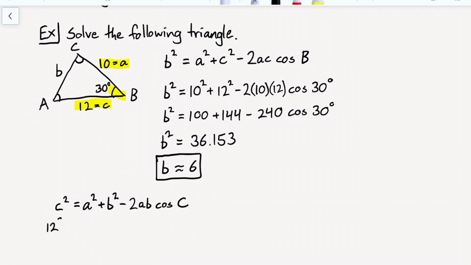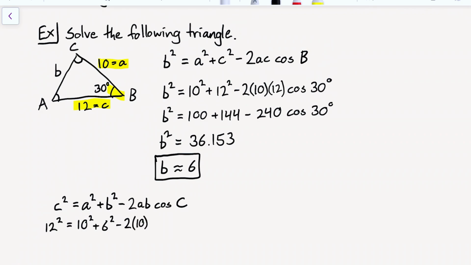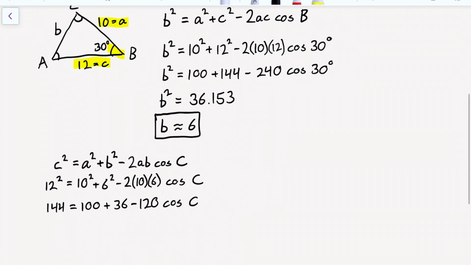Now remember, the unknown here is angle C. So I'm going to need to do quite a bit of rearranging and then take an inverse cosine in order to solve for C. I have 12 squared equals 10 squared plus 6 squared minus 2 times 10 times 6 cosine of C, or 144 equals 100 plus 36 minus 120 cosine of C. If I simplify this further,